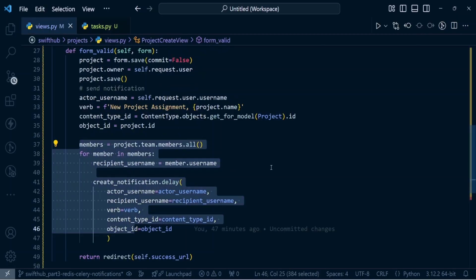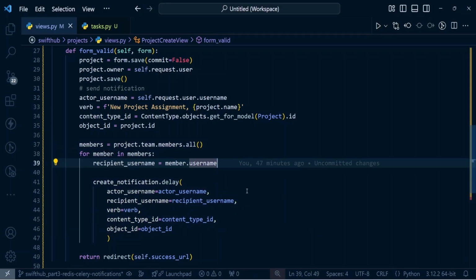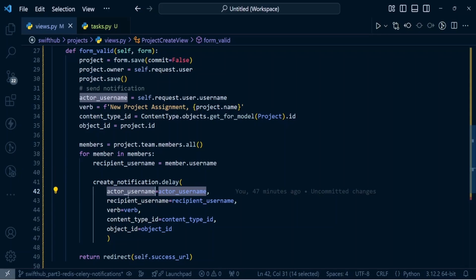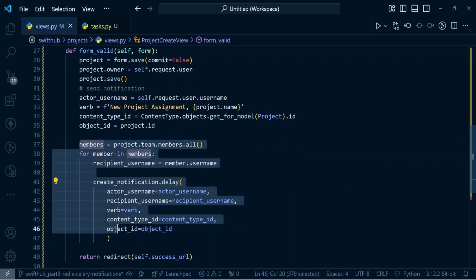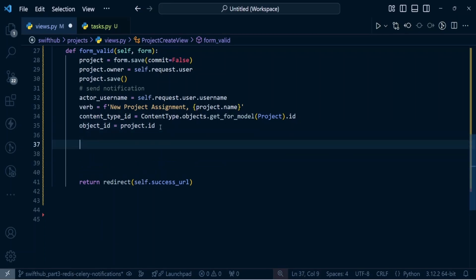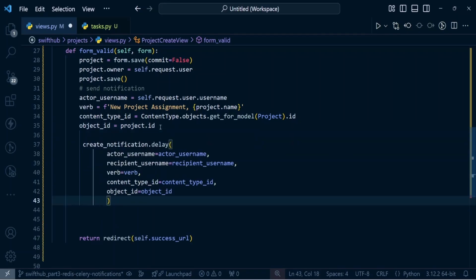Now we need to make changes to our view. So we come into the view. We are now going to accept a fewer number of arguments. First of all, we're gonna need the actor username. So now I'm just actually gonna copy this, and then I could just take out all these ones because I don't need them anymore. And I'm gonna come down here and I will do